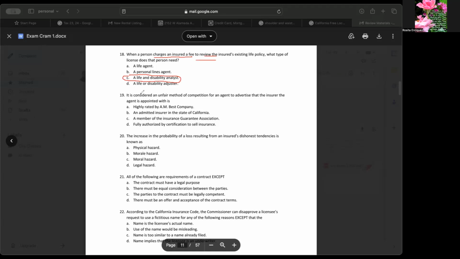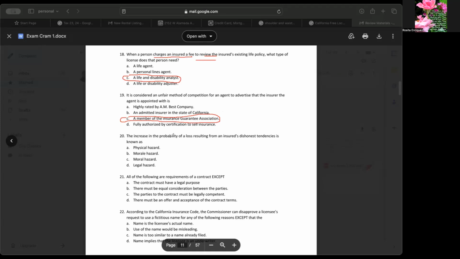Number 19, it is considered an unfair method of competition for an agent to advertise that the insurer the agent is appointed with is... So which one is an unfair method of competition? If the agent says he's a member of the Insurance Guarantee Association. So it is considered unfair. All right. Number 20,